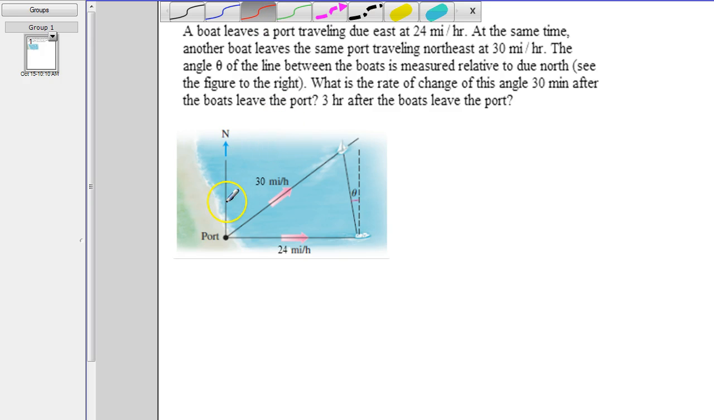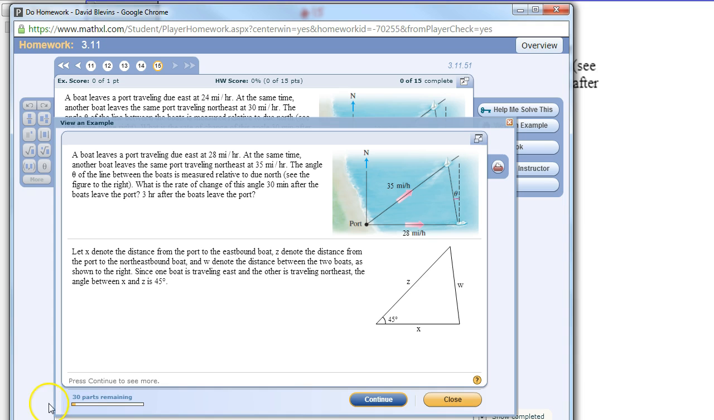Hello calculus class, this is a homework question from your 311 homework. This is the very last problem, number 15. And if you were to do this problem and click on view an exam, it would have you do all